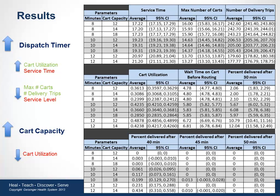And it's actually interesting because it's not a linear path. If we wait an extra 2 minutes, it's not that we're delivering an extra 2 minutes later, because in that 2 minutes we're collecting more meals. So now we have more deliveries we have to make. So waiting an extra 2 minutes on the dispatch time might actually add an extra 6 or 7 minutes into the total service time for the patient at the end of that trip. And then also as cart capacity increased, we found cart utilization went down,